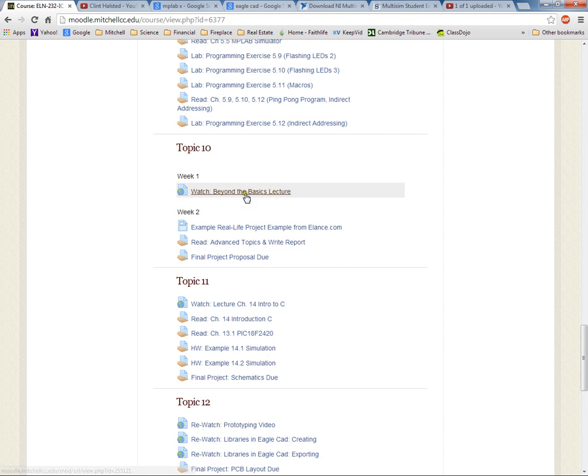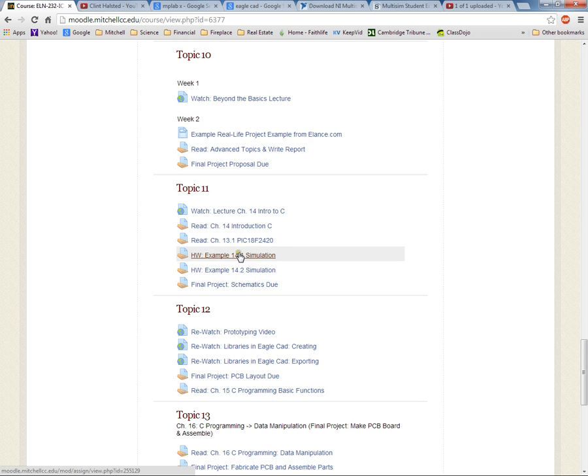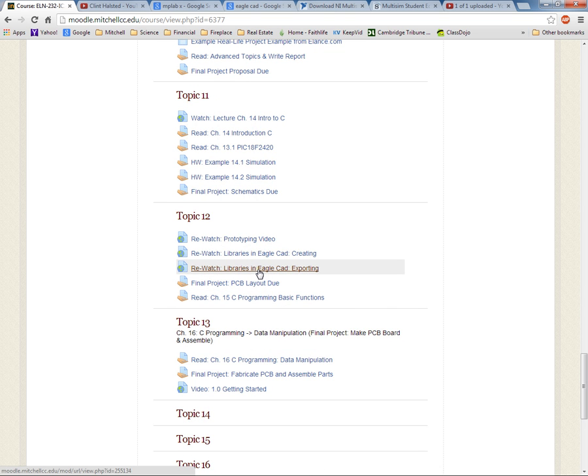And then we go into Chapter 10, beyond the basics. We go into peripherals and things like that. We go into some project proposals the students are going to do. Then in Topic 11, we start getting into C and the PIC 18 processor, which is geared more towards C. And we try to spend as much time on C as we can while trying to finish a project in the course,